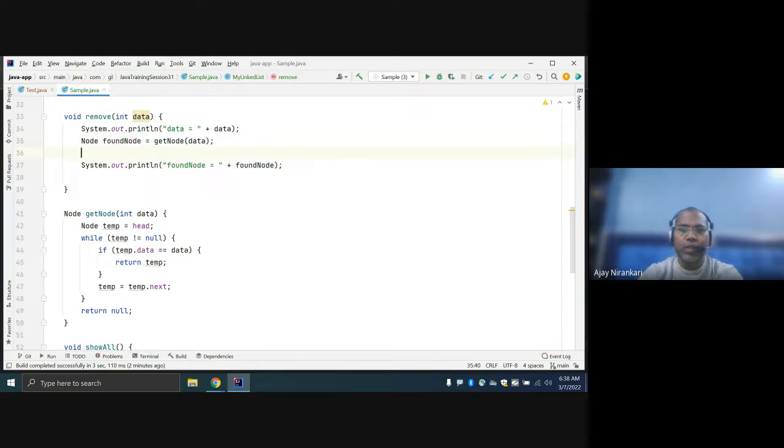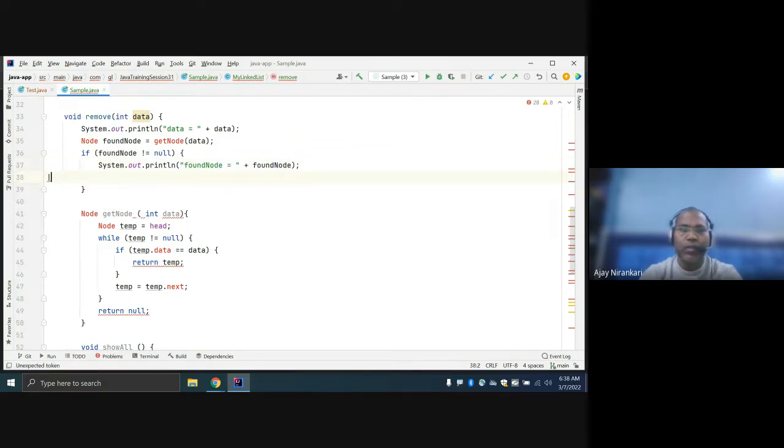Check if this found node is not equal to null. This should be not equal to null, right? Else you can say not found.